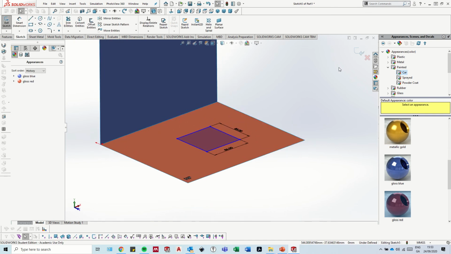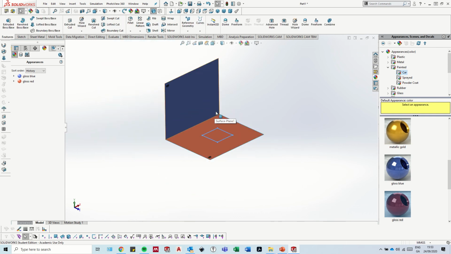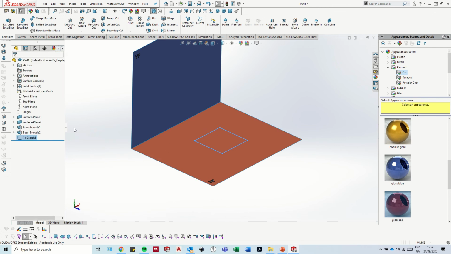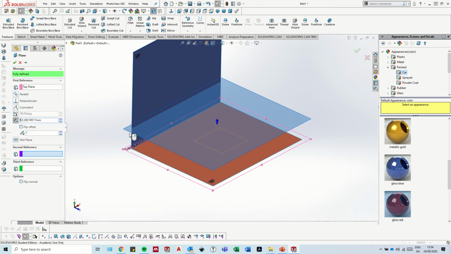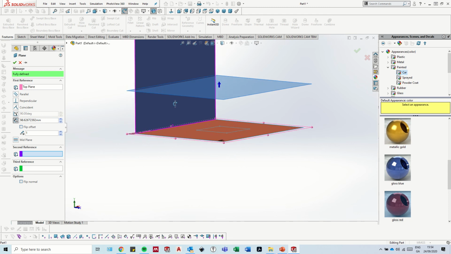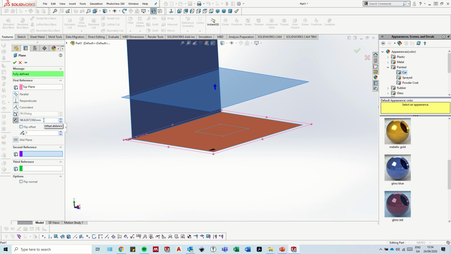Then what I can do after I've got that sketch done, so I exit that, is make another plane higher up, so that apex where it basically travels up to, where it lofts up to. So if I go back here now, and I go for the surface that we were just drawing on, which is this surface here, I can click on it, and then hold Control, left click on the surface and hold and drag, and a new surface will appear. Then you can let go of Control and your left click, and it should appear. Now you can determine how high up it's going to be over here on the left hand side in your design tree,